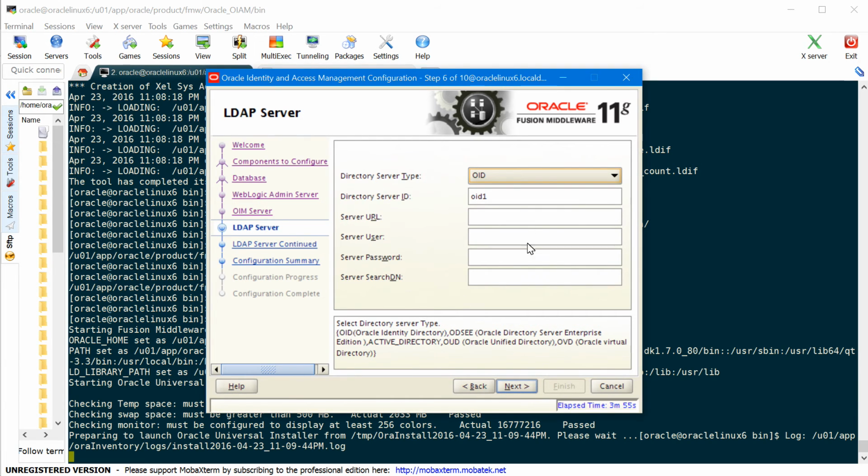Next, you need to specify the details of your LDAP. In my case, it's OUD. You can configure any compatible LDAP like OID or ODSEE, that is Directory Server Enterprise Edition, Active Directory, or Oracle Virtual Directory. In my case, I'm selecting OUD. You can specify any server ID, it doesn't matter, so I'll just leave it as default. And then your server URL,